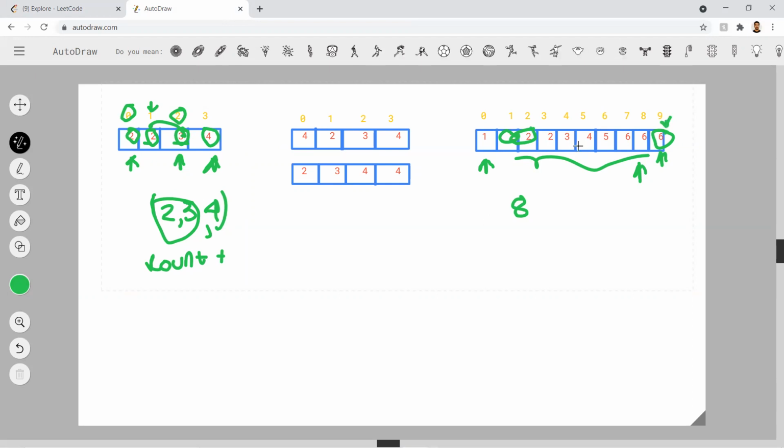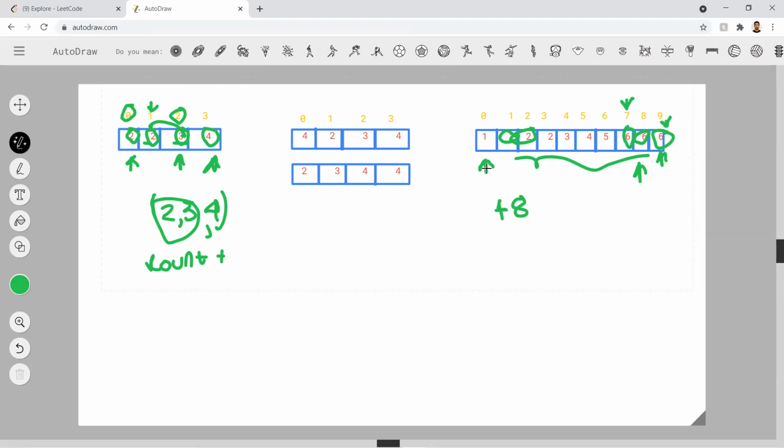In that way, with respect to this element, there can be 8 possible combinations, so we'll add 8 to the result. Similarly, if the summation is greater, we'll go for the next element. We'll decrease our right pointer to here, and we'll do the same.